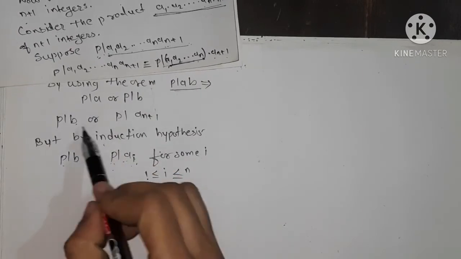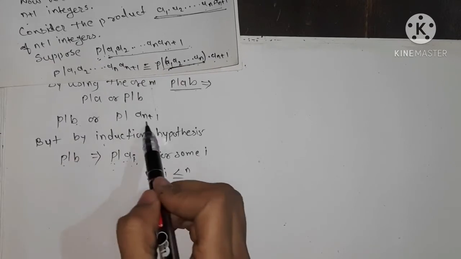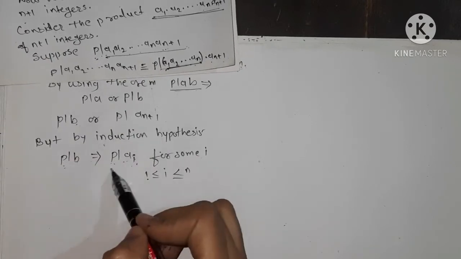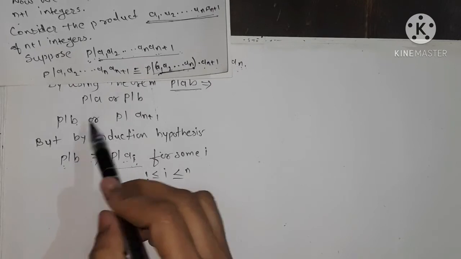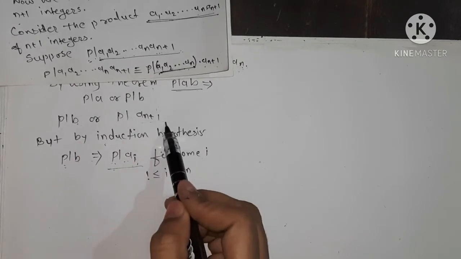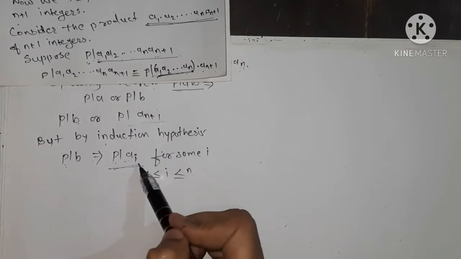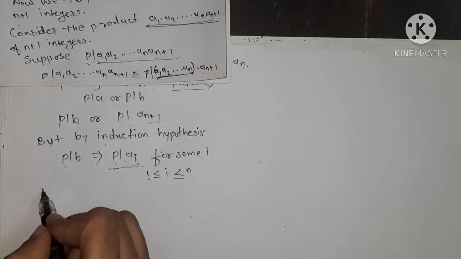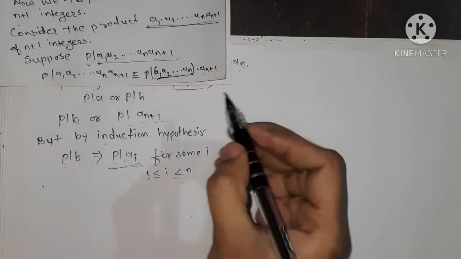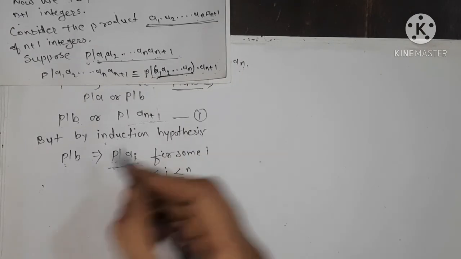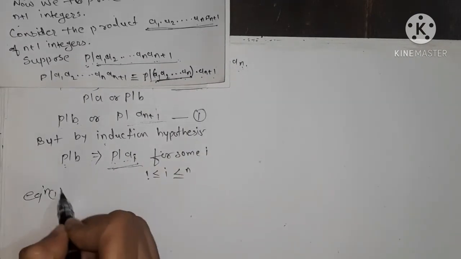So the condition is that p divides b or p divides a_{n+1}. If p divides b, then we have this. If p does not divide b, then p is dividing a_{n+1}. So from these cases, if we combine these two, we get this, and we give this as equation number 1. So equation 1 gives